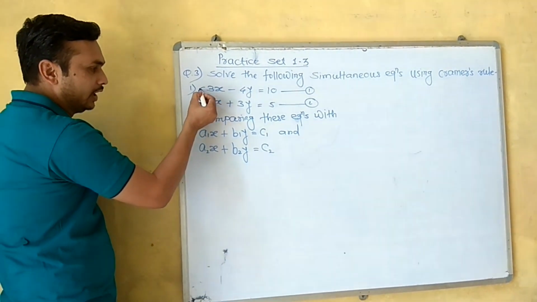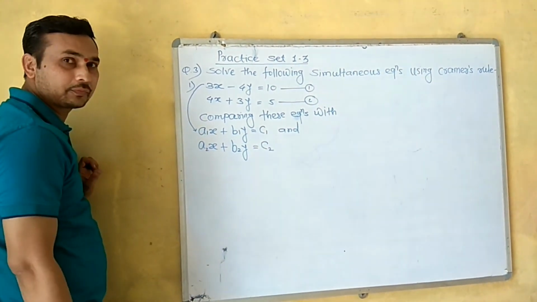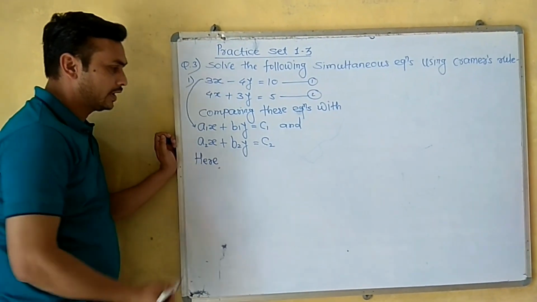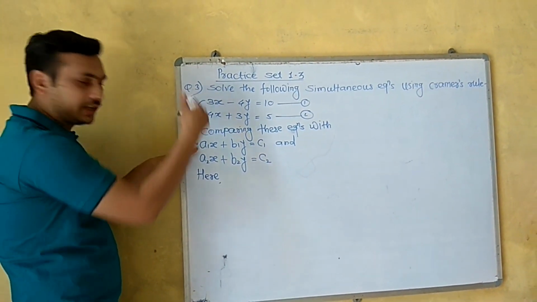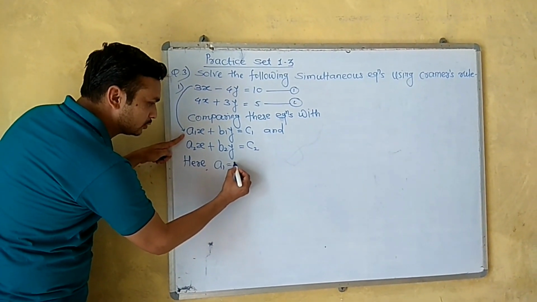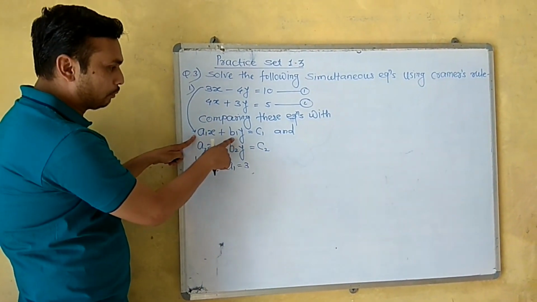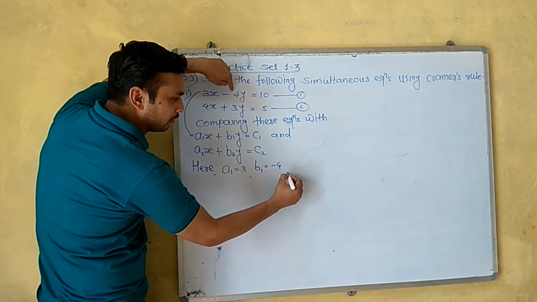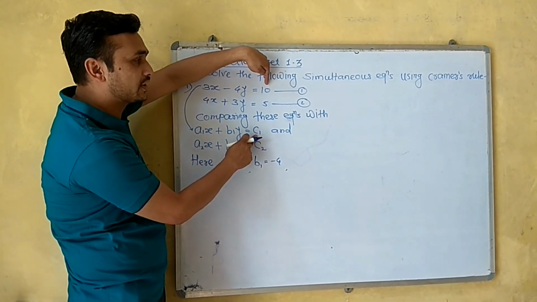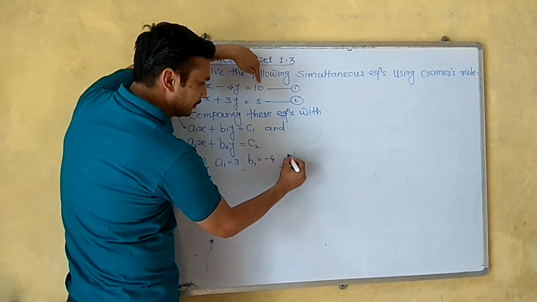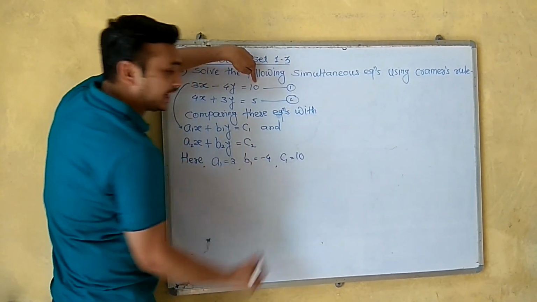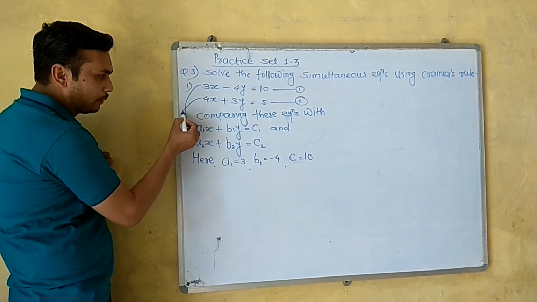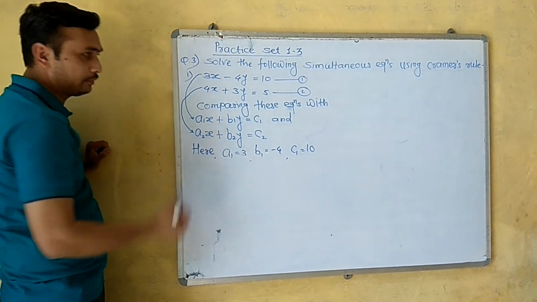So equation 1 compared with this one: a1 means 3, so a1 equals 3. b1 equals minus 4. And c1, the first constant, equals 10. Similarly, equation number 2 compared with the second general form,